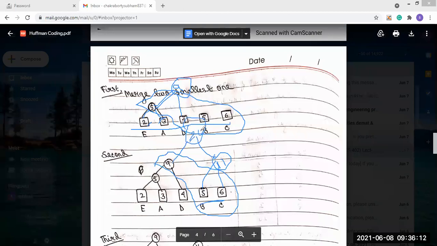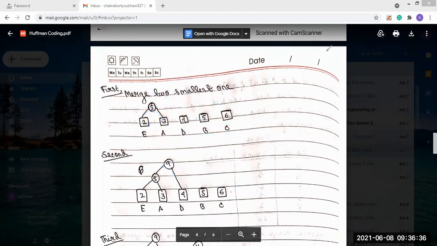Now you see the total appearing count matches here. Our total value is 20, and if we also count the total count, its value is 20. That's how the optimal merge pattern works. We can call it an optimal merge pattern tree.